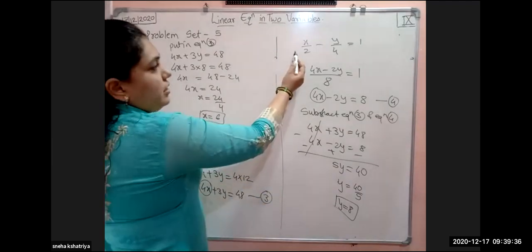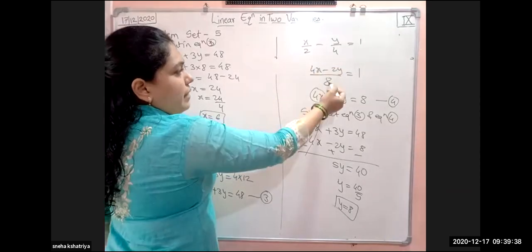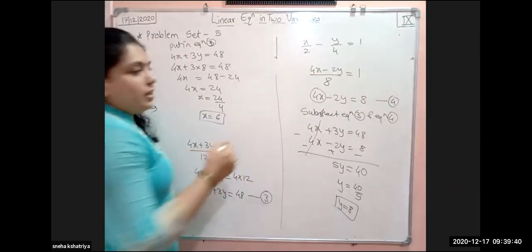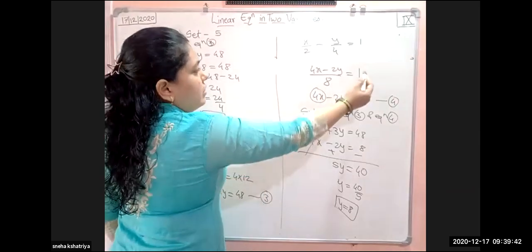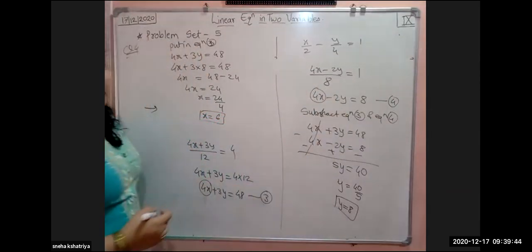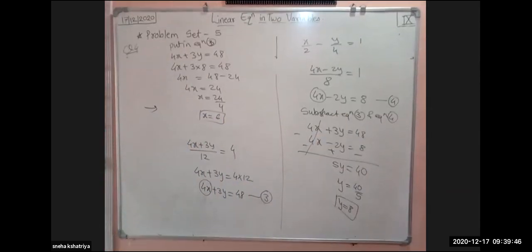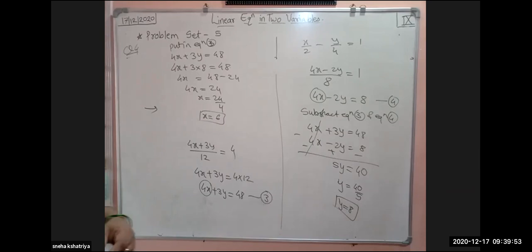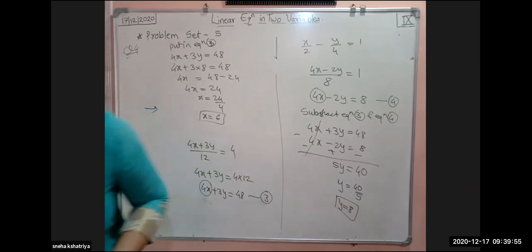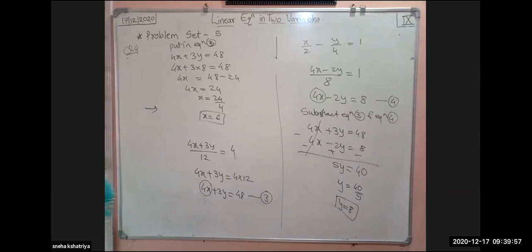Okay. How are we going to solve? Whatever fraction equation is given, we convert it using the LCM, making the denominators the same, and then cross multiply and form a linear equation. Okay. The rest of the examples you try at home. If you have any doubt, we will see.